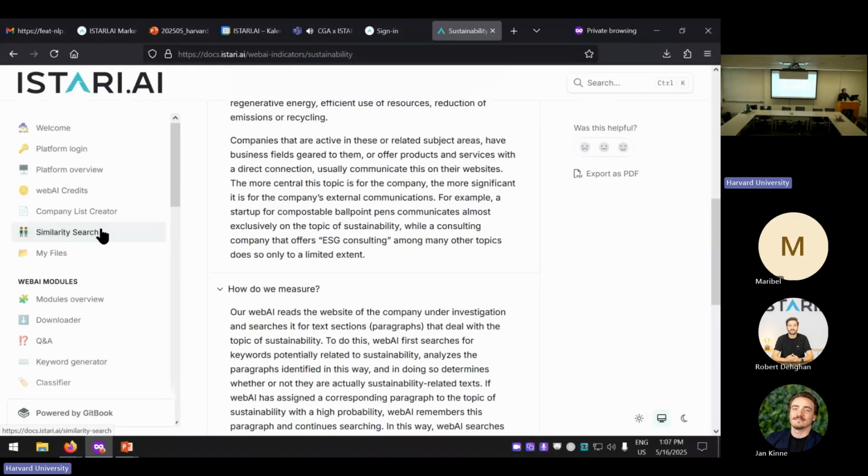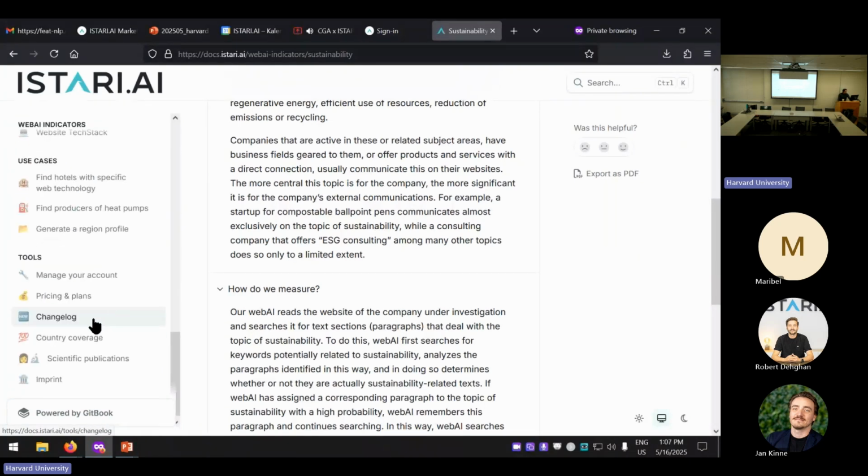Not everything you can read here right now is applicable to the version I want to show you in a moment, but we thought it makes sense to show you the new platform, which will be the only platform we have, or the only version, starting next month or the month after. But what I want to show you